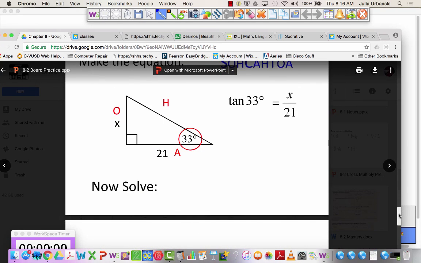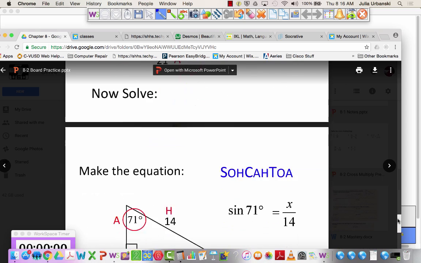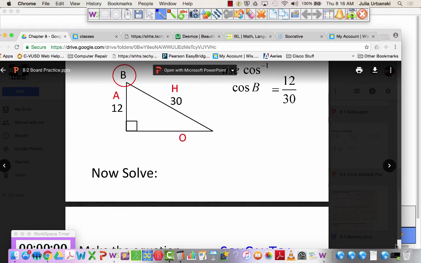All right, what about this one? What would you use for this one? Regular button and cross multiply. What about this one? What would you use for this one? Regular button. And for this one, what would you use? Inverse, because you don't know what to take the cosine of. There's no degrees there, so you use the inverse. Okay,